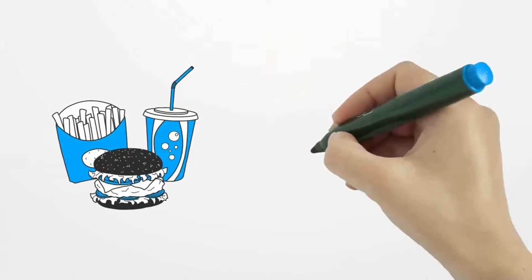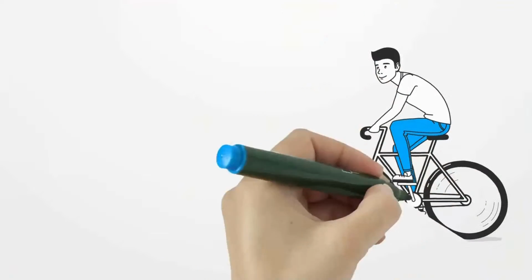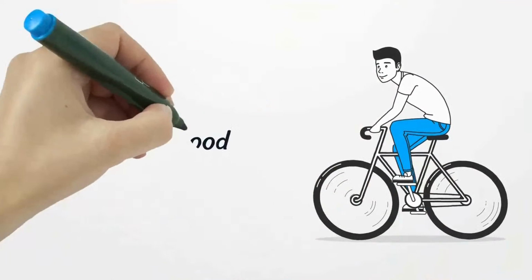Goods are tangible things that are produced, bought, or sold, then finally consumed. Goods can be classified as durable and non-durable. Durable goods are goods that have a long lifespan in the consumer market, in the range of 3 years to the life of the consumer. Examples of durable goods would be a bicycle,